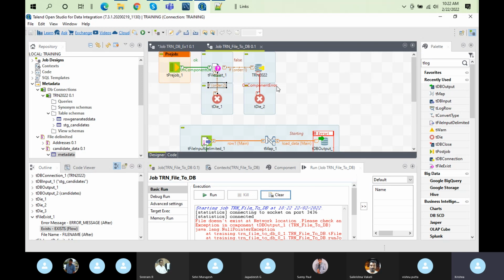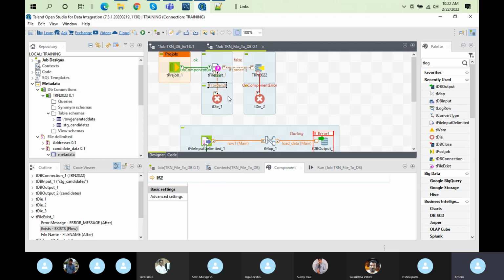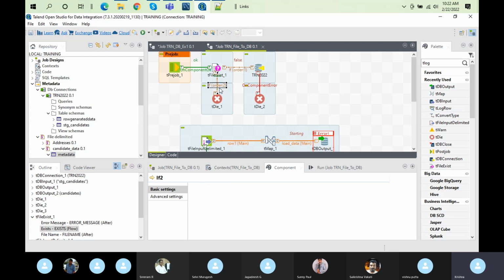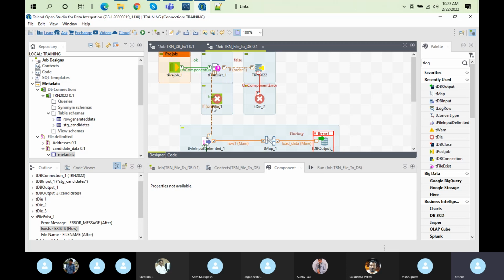Now you see, right, it is false and it is true. So it is satisfied, but still we have passed the wrong way. We have to use not here, and here we'll put the condition, and still we are not going to solve this problem. So how do you want to solve this problem? You have to put this condition on your job so that it will not pass to this component. So if the file does not exist,